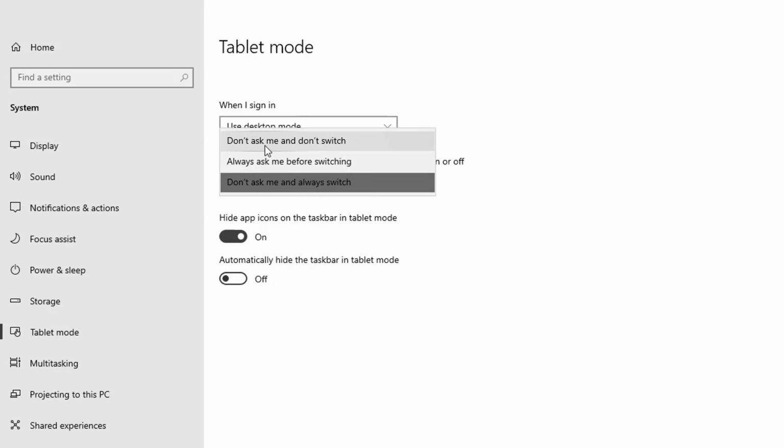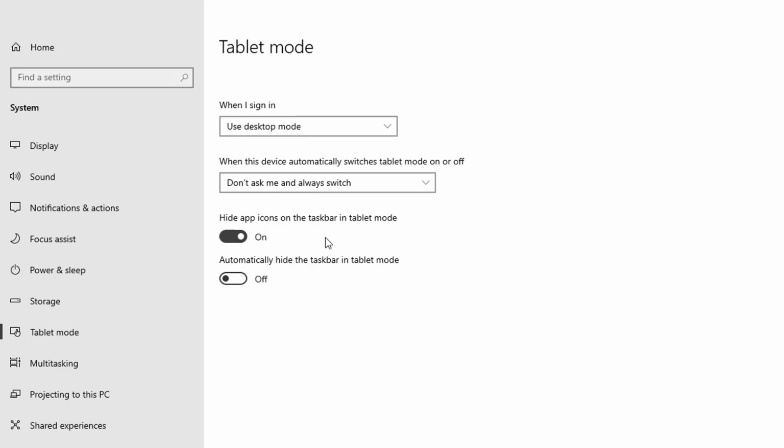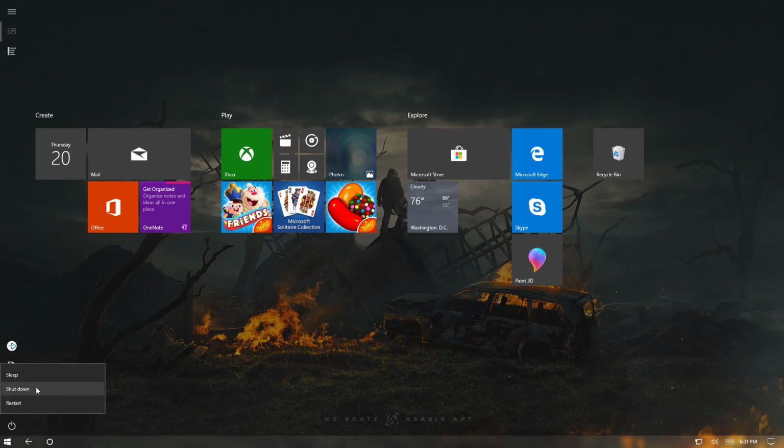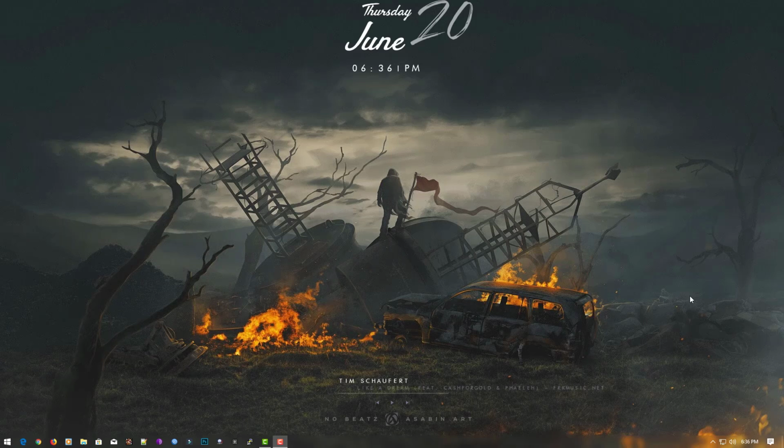So select the option, and here are many options if you want, but we will choose don't ask and always switch. That means it is always signed in desktop mode. Now close it and restart the computer, and after the restart your system will automatically sign in to desktop